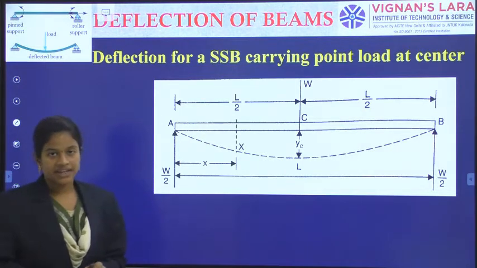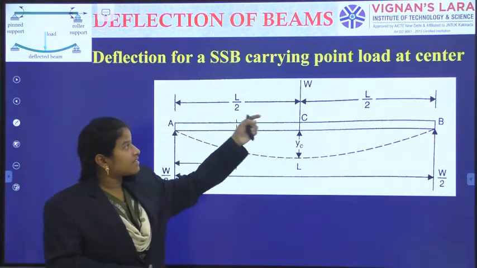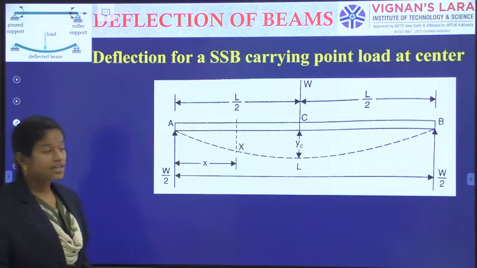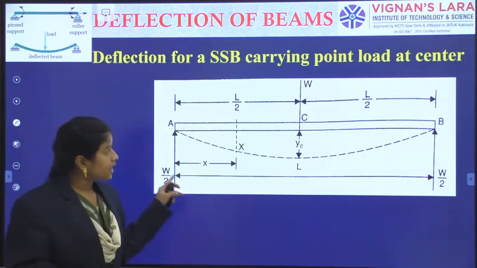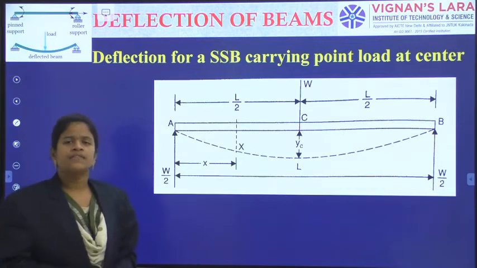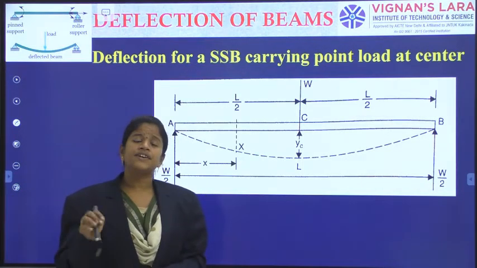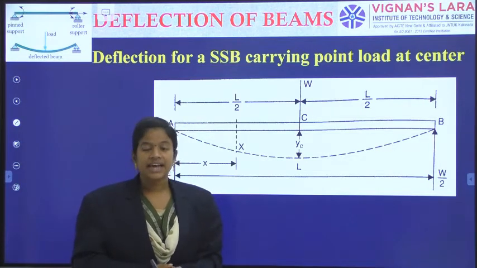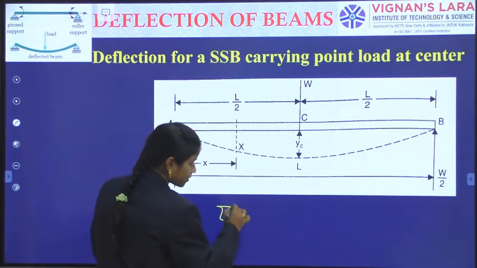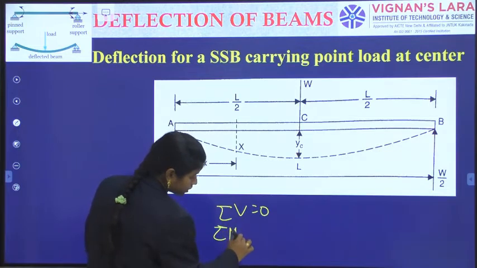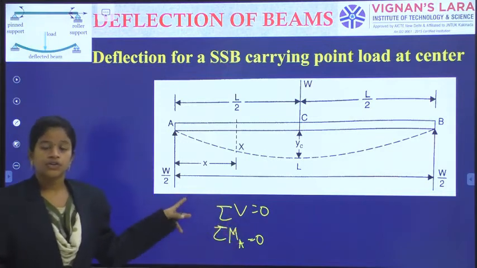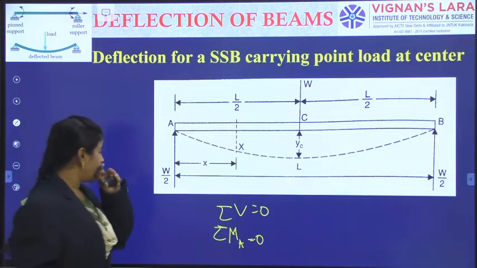Now I am going into a simple loaded condition, which is our general simply supported beam with a point load at the center, so the load is W, and it has L by 2 and L by 2 on both sides. So, deflection for a simply supported beam carrying a load at the center, with an overall length of L, and the point load is W at L by 2 and L by 2. Firstly, for analyzing a simply supported beam, our first step is calculation of the support reactions. How will we calculate the support reactions? We will use sigma V is equal to 0 and sigma MA is equal to 0, the summation of all the moments about A is equal to 0. Using these two equations, I can evaluate